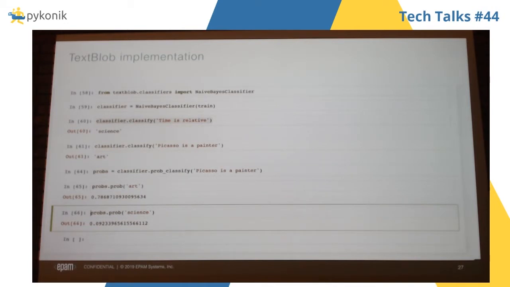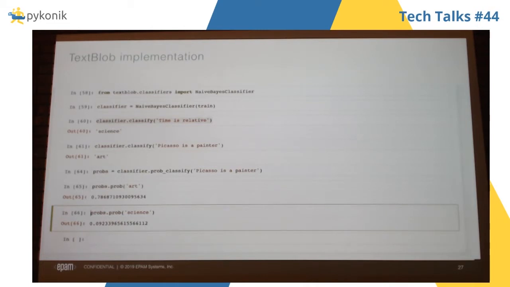So when I ask for the classification of the text "time is relative," it gives me science, because time and relative are most likely labeled as science in the training set. And when I try to classify "Picasso was a painter," it says art.